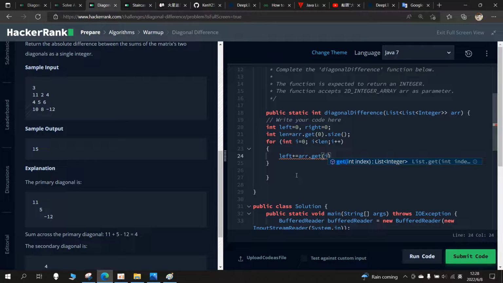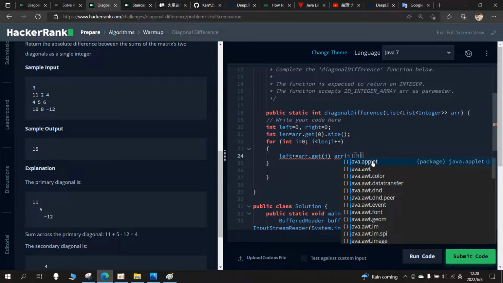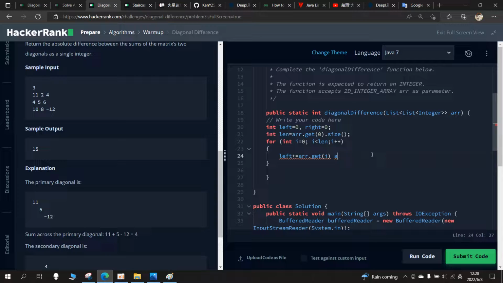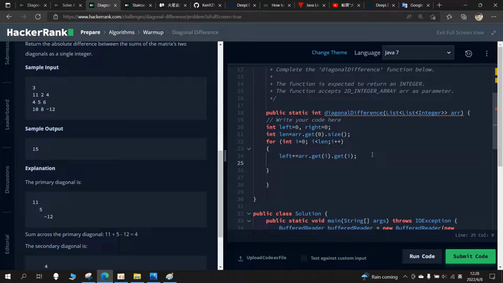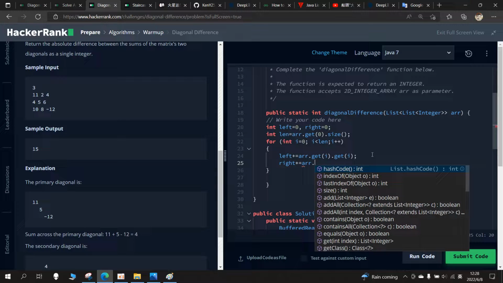again we use get here, because Java is not like Python. Python can automatically recognize a two-dimensional array, like if we write i and then j, it will recognize. But in Java we have to use a different method. That is, we again use get(i) here, right? That will return the value of the left diagonal. And then again, right equals array.get